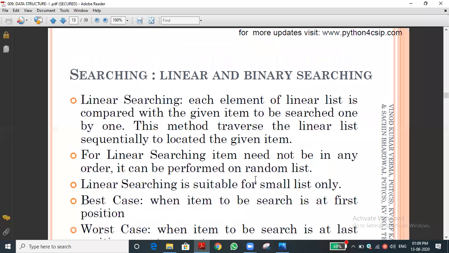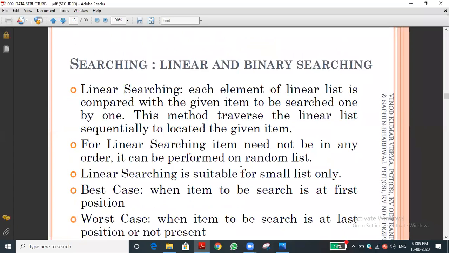Okay, let me go to searching. We know already what the operations are: insertion, deletion, and in a stack or queue we have to use the push operation, which we are going to see. Now we are going to search in the linear list. There are two types of search algorithms. Algorithm, we discussed in the recursion chapter. Can you remember that concept? We have already done the recursion chapter, but the chapter was omitted. Anyhow, can you recall that? Two types of searches are there.